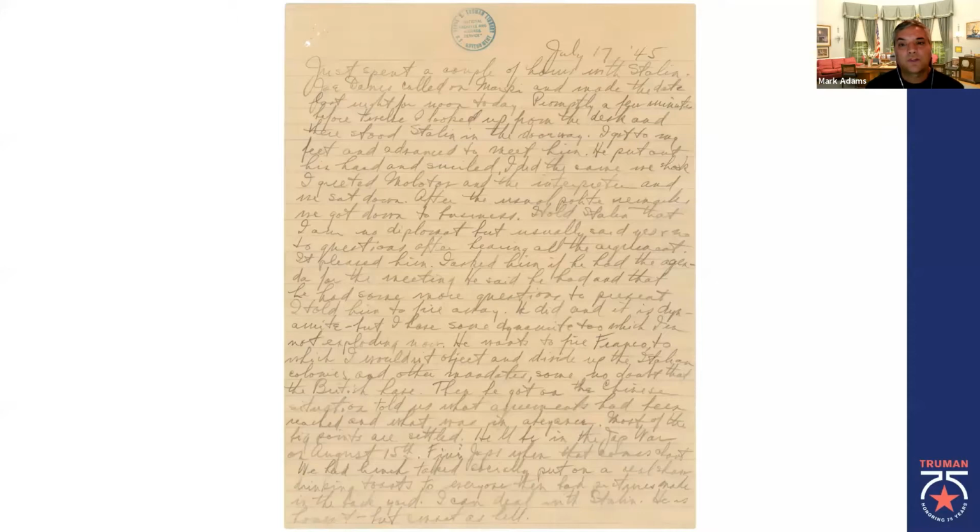And this, of course, is when he's first meeting Joseph Stalin in this particular diary entry. We do have other diary entries from July the 18th, the next day, when he meets Churchill, and from July 25th, when he goes into a lot more detail about the atomic bomb testing. But he does mention it in this